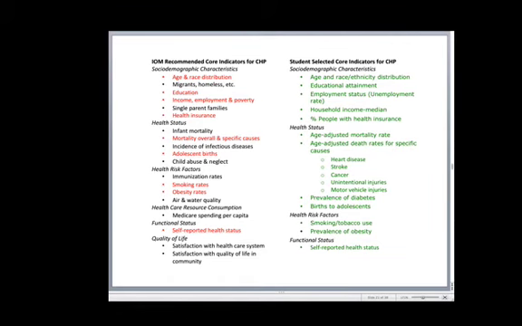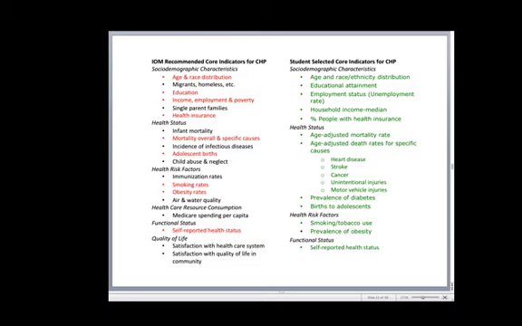The next two slides provide an example of indicators that were selected by a Masters of Public Health class for a community health profile that class developed. Each student developed a profile in the class, but a core set of indicators was developed that all students included in their community health profile.